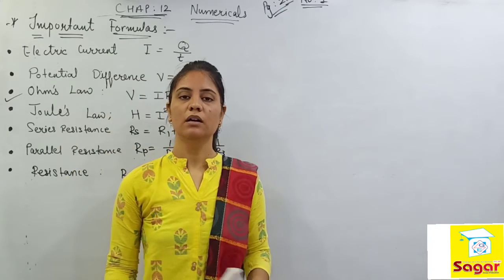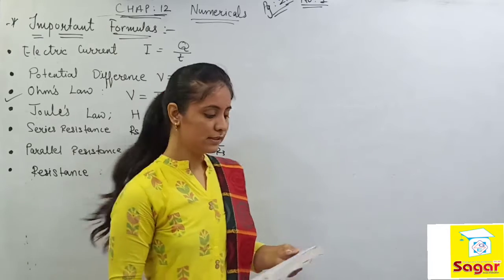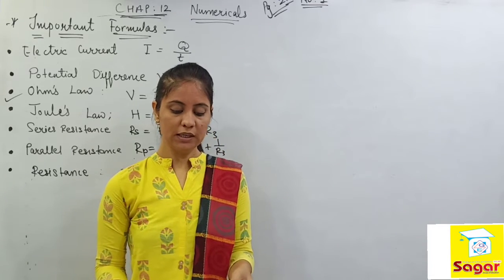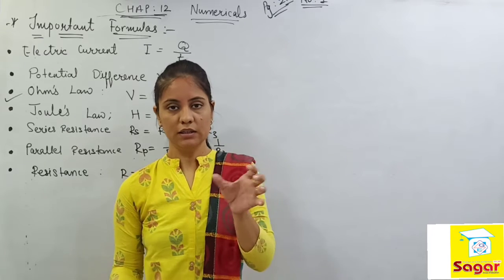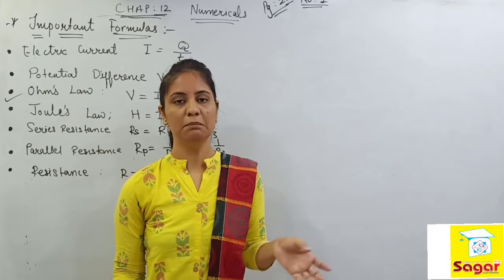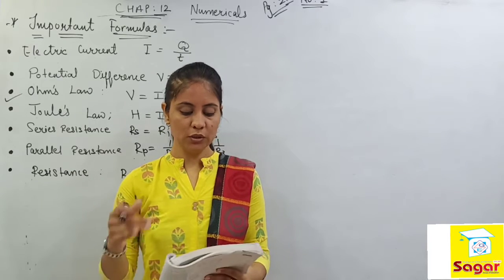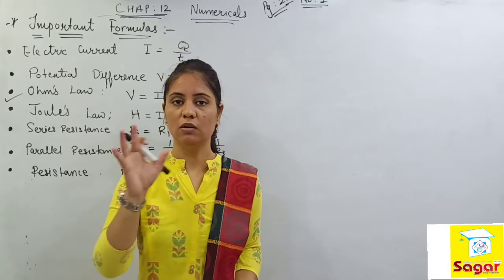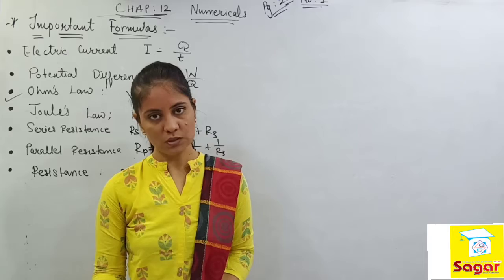Next question is on your textbook page number 216. The first question is, I am just reading it. You are just given the equivalent resistance. Whenever the following are given, if they are connected in parallel, then you have to find out the value of it. Further on we have two questions and all the components are attached in parallel, so we have to find out the net resistance in the circuit.